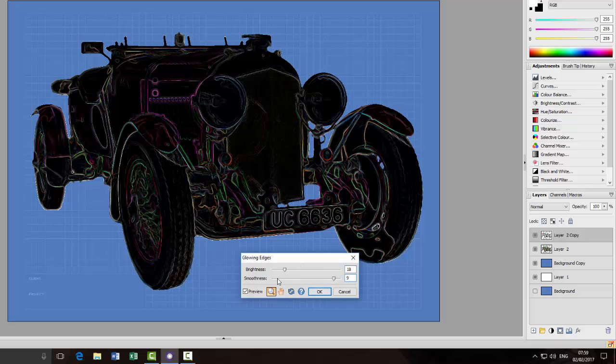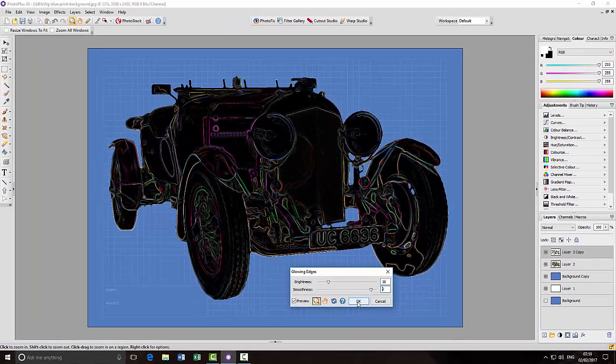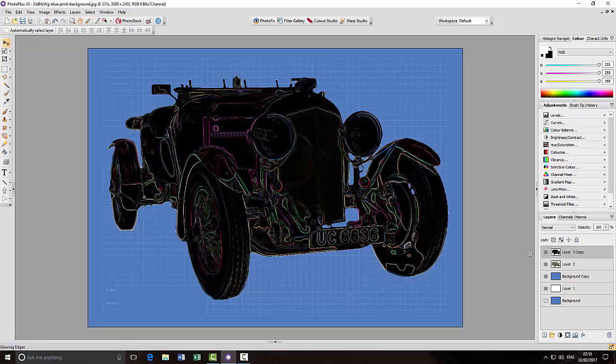So I found, for my personal taste, that if you have the smoothness further to the right and the brightness further to the left, it does give you quite a good loss of some of the detail. So I will click OK there, and now I need to invert this selection. So in the adjustments, the last option here is invert,